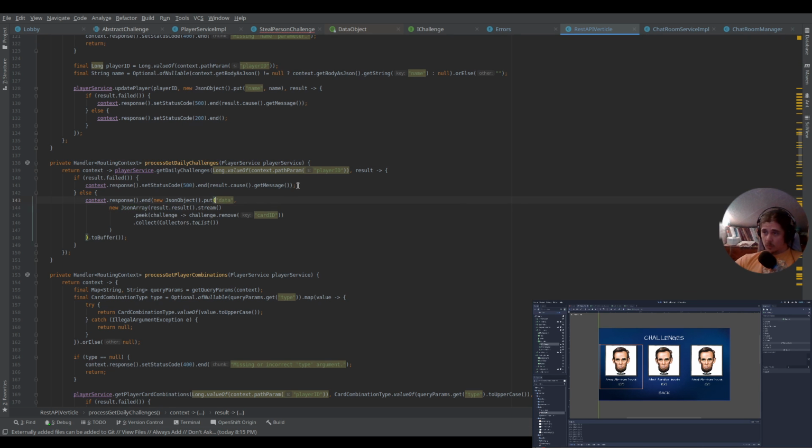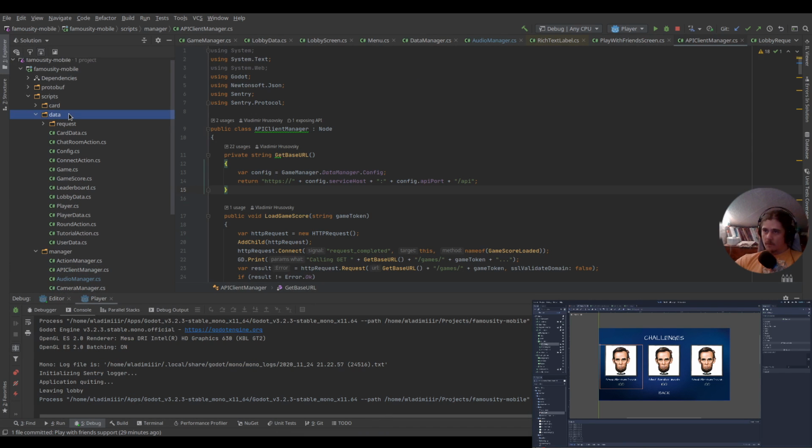JSON array put into the data. Okay. So we will have